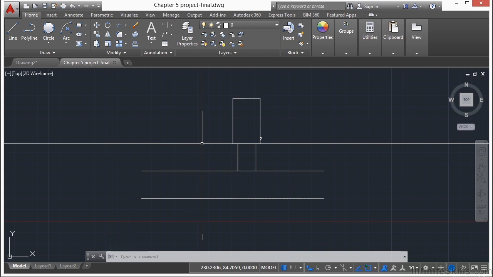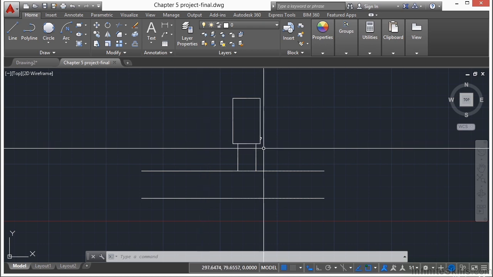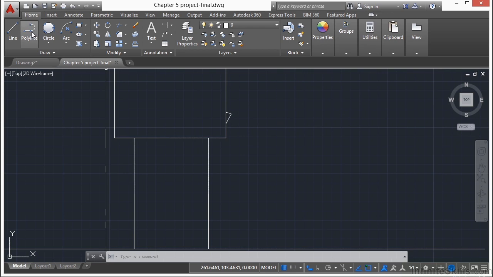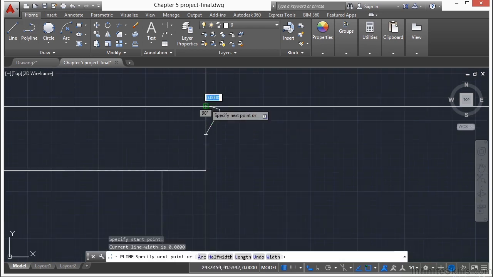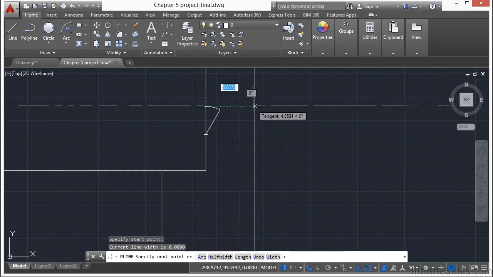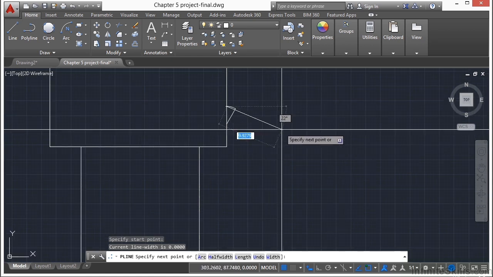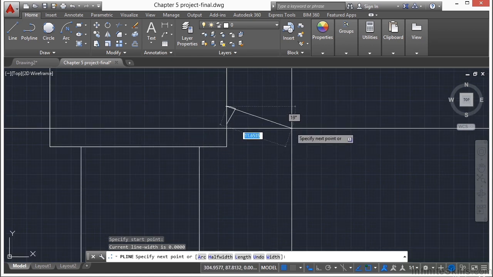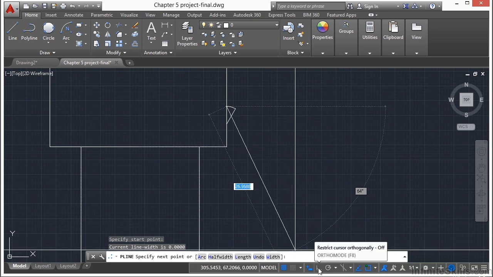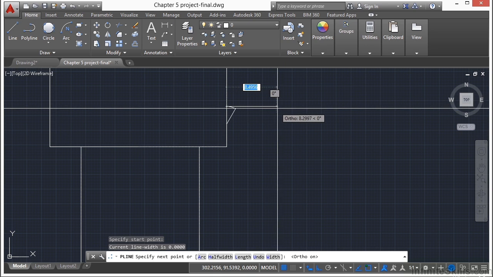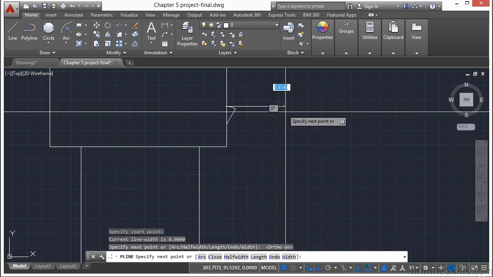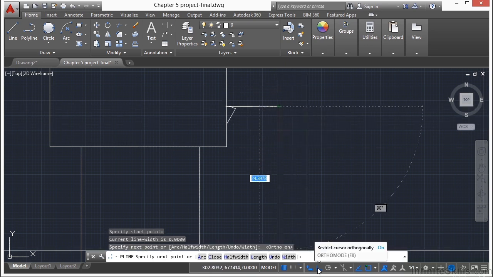Now I want to draw a sidewalk. So I'm going to draw a polyline, and I'm going to make it parallel, and it's going to be about 5 units apart. So let's start our polyline command, and it's going to come from this door. So I'm going to left click here, and I want it to come out straight a little bit, and then it's going to curve around into my driveway. So let's turn on my ortho command, and let's just draw it out a few units. It doesn't really matter how far. I'm going to turn off my ortho command now,